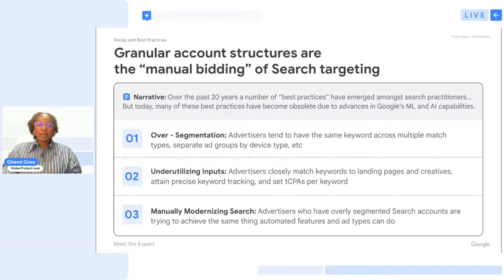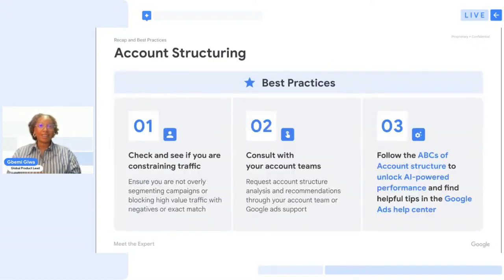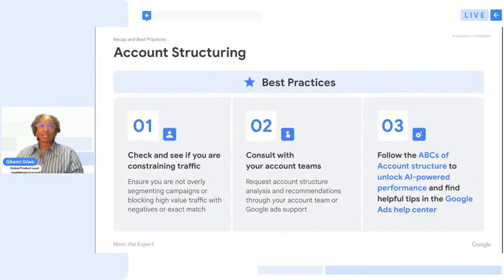And we do see that you all are spending a lot of time trying to create some modern structures and get your campaigns to react like some of the existing AI solutions we have, like PMax and Broad match. So it's making it more difficult for our systems to really choose the right ad. We hope that today, with some of these new best practices, you'll be able to restructure your accounts to optimally leverage our AI systems.